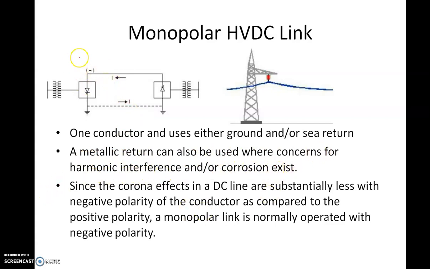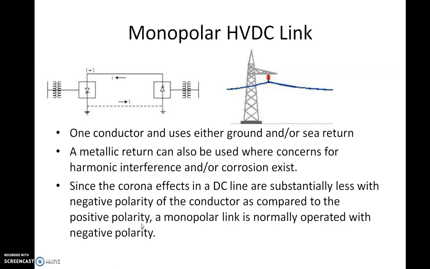Why do we use this negative conductor? Because the corona effects are less with the negative polarity as compared to the positive polarity. So that's why the monopolar link is normally operated with negative polarity. Now the monopolar link is good in theory, but in practice we use bipolar links. I'll tell you why we do this. But this is a possible